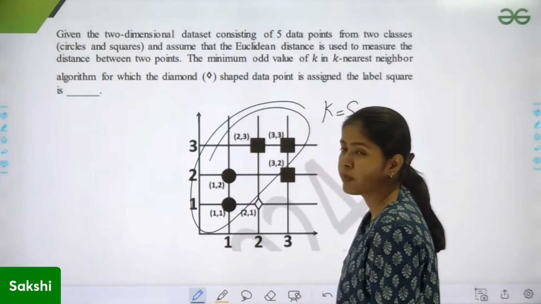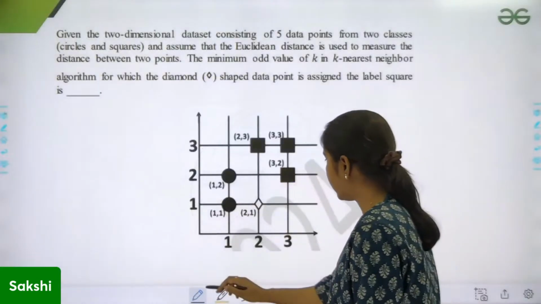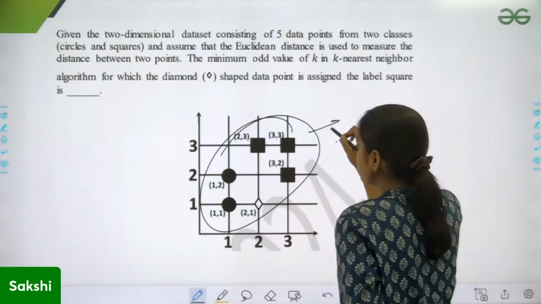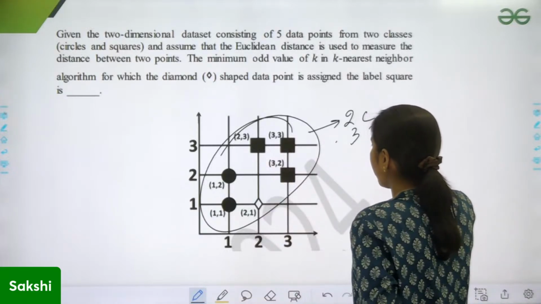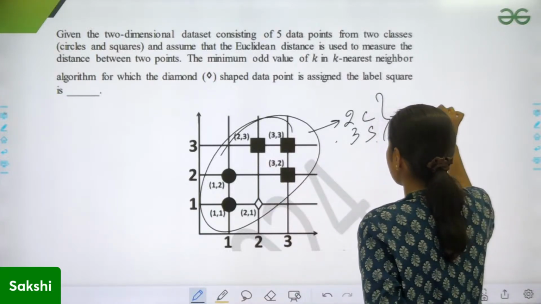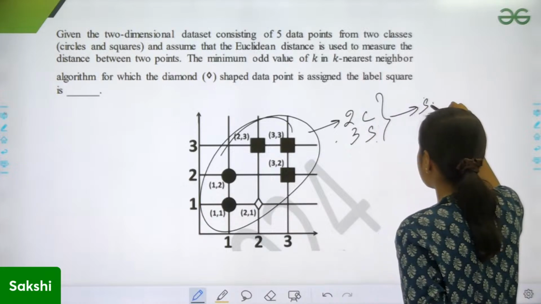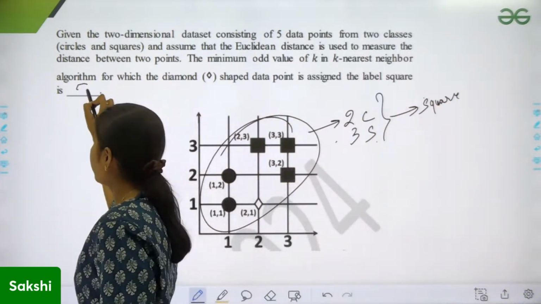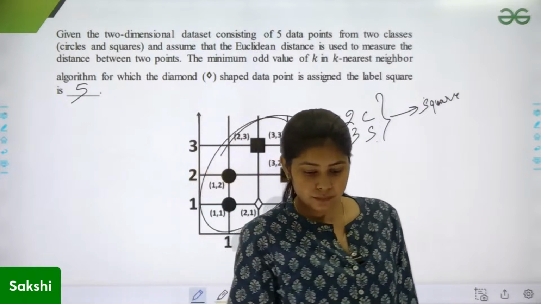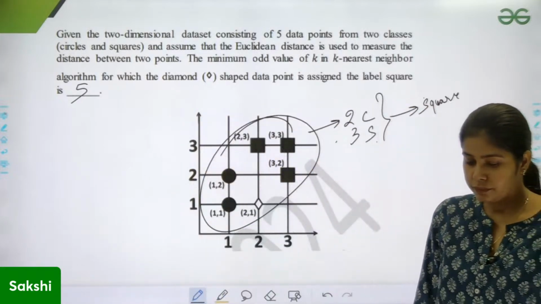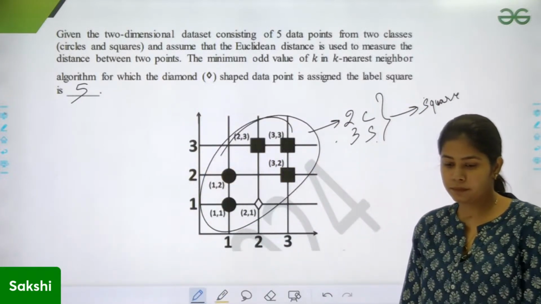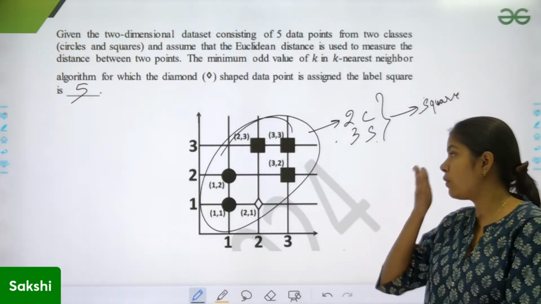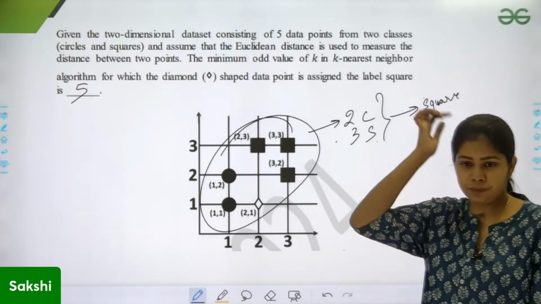के को जब 5 लिया तो पांचों के पांचों पॉइंट्स मेरे नेबरहुड में आ गए। दैट मीन्स ये सारा पॉइंट मेरा नेबरहुड बन गया। तो इसमें से 2 सर्कल्स मिले और 3 स्क्वायर्स मिले। तो अब क्योंकि मैक्सिमम स्क्वायर्स हैं तो अब स्क्वायर क्लासिफाई होगा। तो दैट मीन्स के की वैल्यू मुझे 5 लेनी है। ठीक है, तो दैट्स व्हाई द वैल्यू ऑफ के वुड बी 5 हियर।